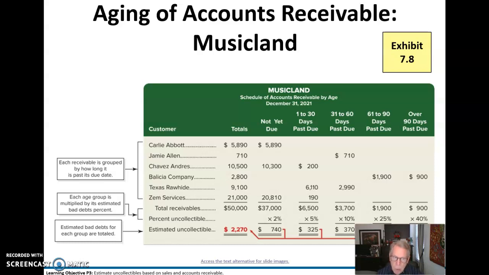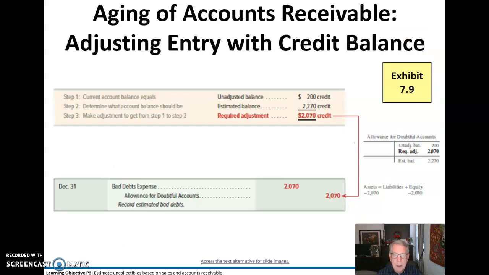But remember, we're not yet done. This is a receivables method. So we have to consider the existing balance in the allowance for doubtful accounts. And that balance here is a $200 credit balance. So we subtract that $200 from the estimated $2270, the credit balance we want that to be when we're done. And we need to make an adjustment here of $2,070,